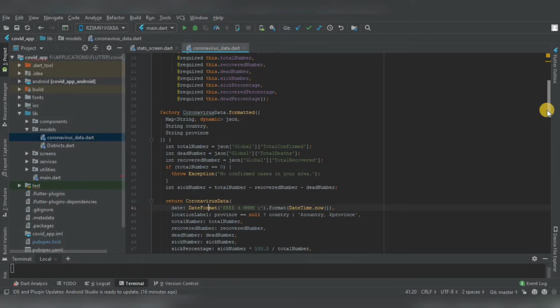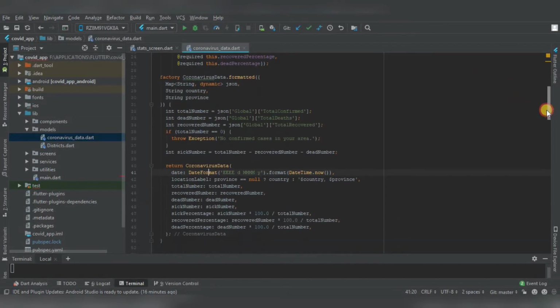Now, let me tell you what factory constructors do. Factory constructors allow you to implement a number of techniques and patterns without altering code that consumes your class. So, in short, it returns an instance of your class. Okay. So, inside our class, I have created a factory method named formatted, and here I have passed some